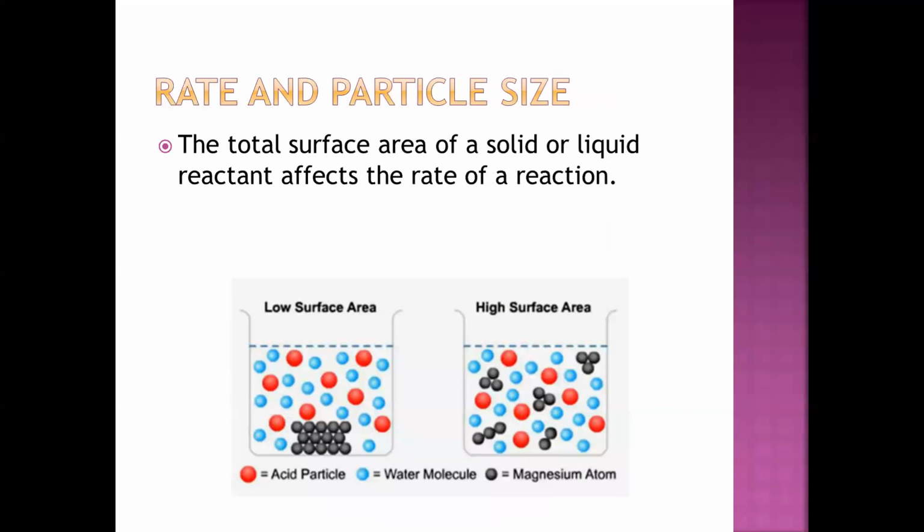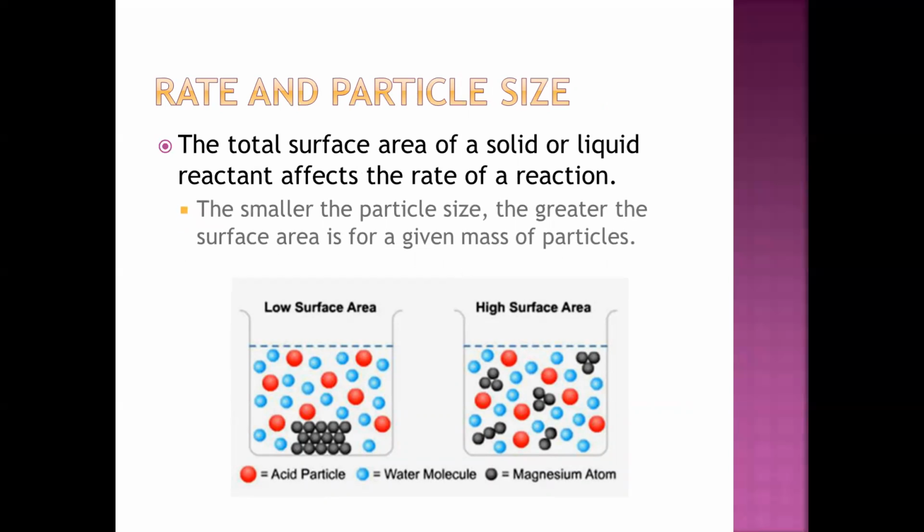The next type of change is particle size. So we probably know this from like melting butter or something, that the smaller the particles, the faster things can happen. So usually we think about it with surface area. When you have lots of smaller particles instead of just one big particle, the surface area will get bigger. So the greater the surface area, the better results you have for a faster rate. So you would want to increase the surface area, meaning make smaller particles, break it up to make the reaction happen